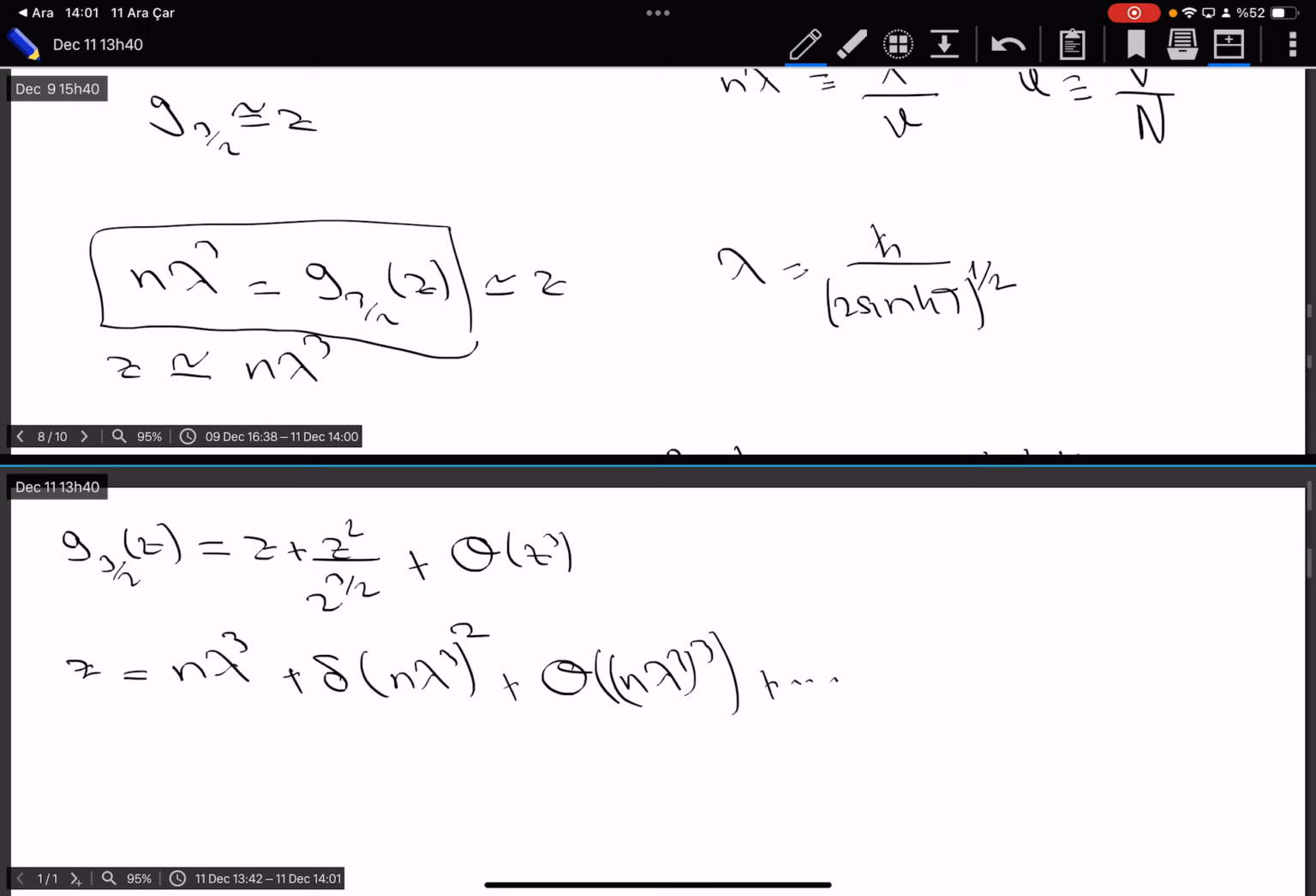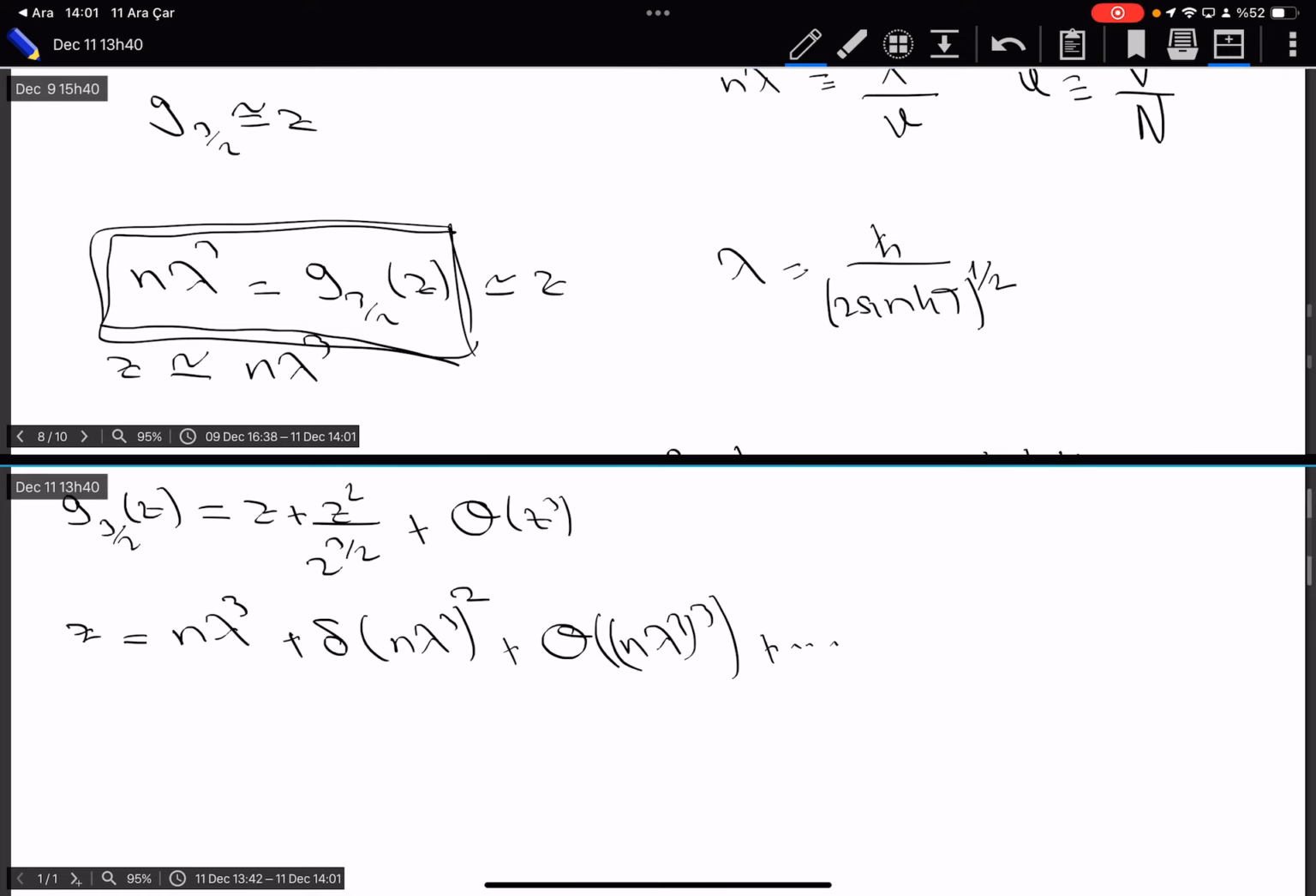So I would like to keep the first correction. Now this delta is just a number I would like to determine. I'm expanding z as, you see, this expression already tells me that z is a function of n lambda cubed. It's not a function of n or v or T independently. It is a function of only that combination. So I'm just making a Taylor expansion of z, and I already know what the first term is. First term is n lambda cubed. I have to determine delta